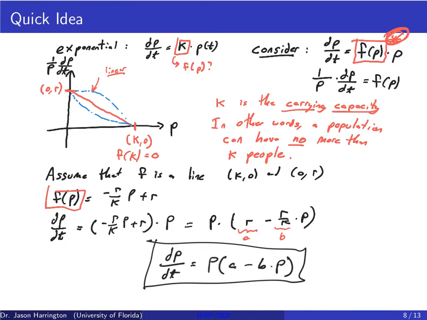And again, you may say, well, why does this model work? We assumed linearity for several reasons, and you can Google all these things. But really the idea is that if it was linear, it would be a little bit easier to solve. If you try to make it too complicated, the ODEs become dangerously convoluted very quickly.